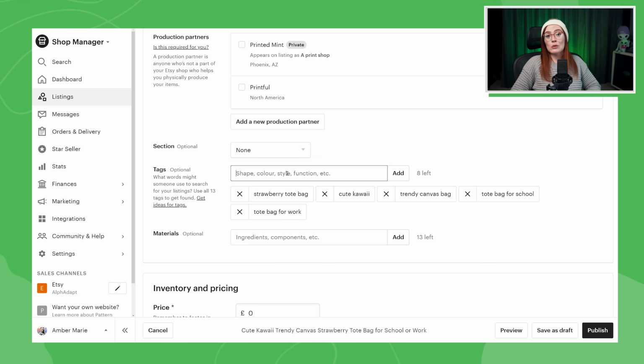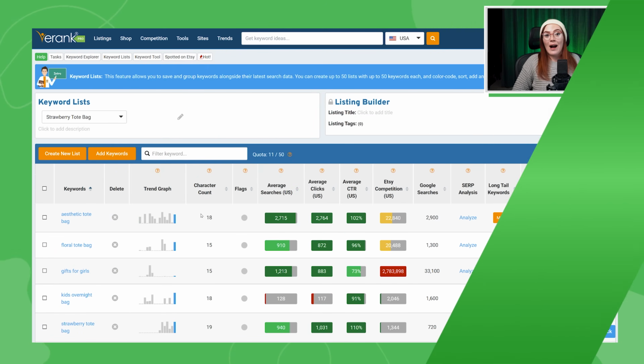This is a great opportunity to use some of the keywords from our initial search that didn't quite make the cut for our title. These terms may have been too competitive or too broad for your title, but they'll be great for our tags. You can also add tags related to the recipient, such as gifts for girls. So let's go back to our original search for tote bag in the keyword tool and begin grabbing a few extra words. Okay, so I saved